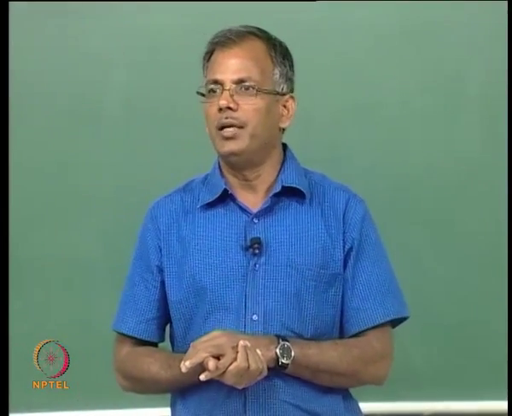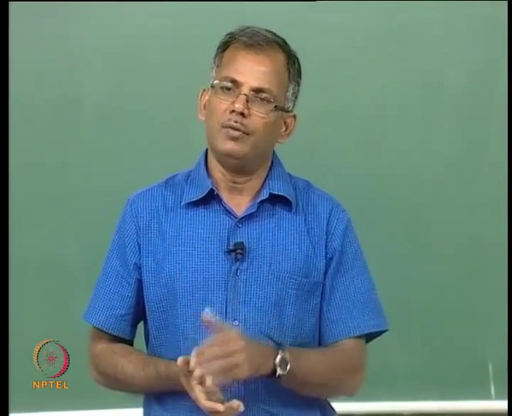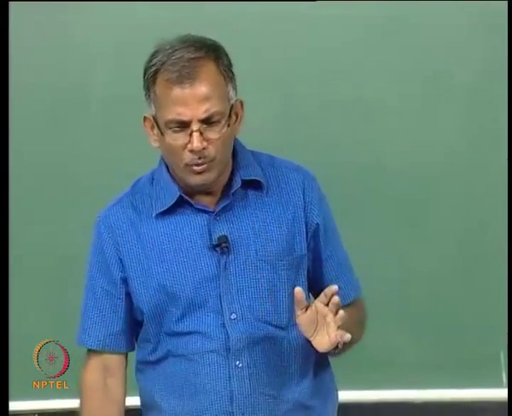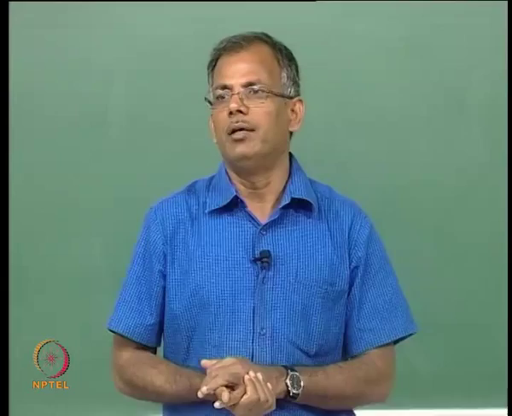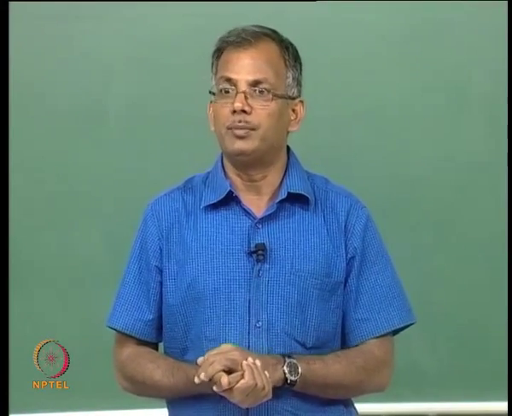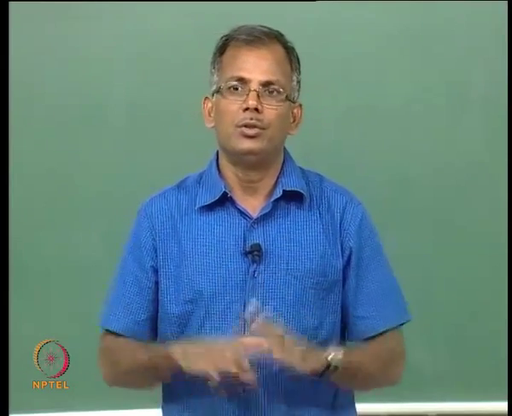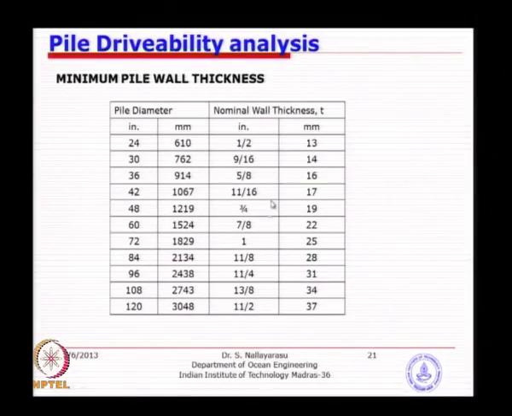The bending strain during fabrication itself will be a very large value, and that is going to be a residual stress. So in the 20 to 60 range, you can see most of the D by T ratios are around the lower bound. That means during driving you do not want the pile to have local buckling failure, especially with large axial values coming as a dynamic stress. So that is why we want to understand the D by T ratios.